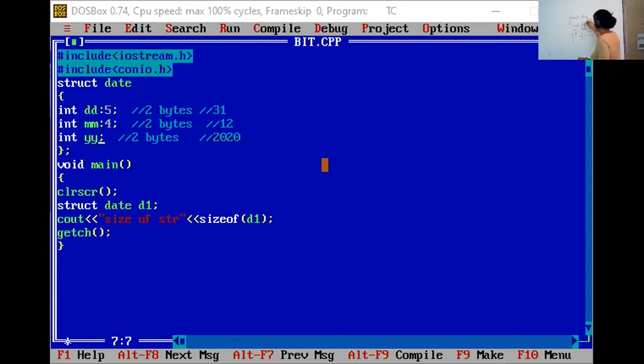Then what does it mean? How will we define the bit field concept here? As you know, the integer is of 16 bits. If I'm saying it is of 2 bytes, then integer is of 16 bits. If I define here 16 bits, these are all 16 bits.